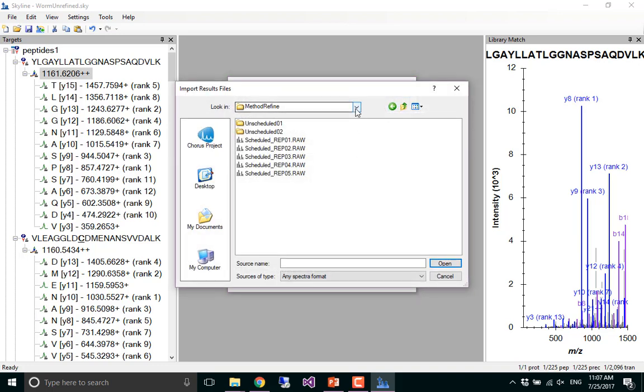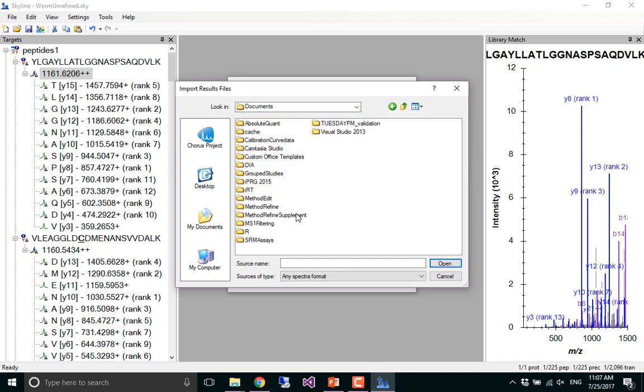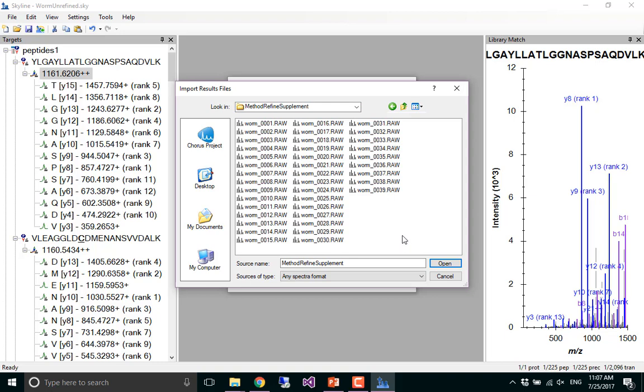And let's go up to Documents and then Method Refine Supplement. You can see all these 39 files. What you've been used to so far is that every time you select a set of files, each file gets its own replicate, right? You can see them all side by side. In this mode, we're just going to stuff everything into one replicate, and our expectation is that that's going to cause something that covers everything we're interested in covering,